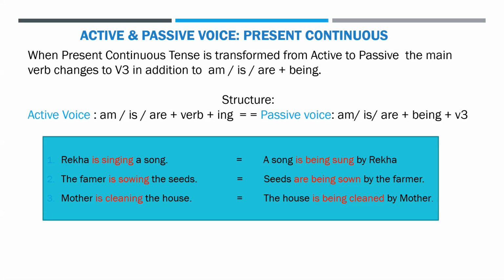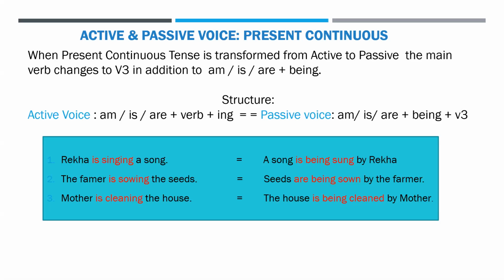So this is how you will transform it, when the verb is in the present continuous in the active voice. The next one is the farmer is sowing seeds. So here, which is your verb? Sow. Is sowing, present continuous. And which is the subject? The farmer. Object, the seeds, plural, right? So when you transform it to the passive, you will begin it with the object. Seeds, plural. So what should you use? Are. Seeds are. And what comes after are? Being, B-E-I-N-G, being sown. V3 of sow is sown by the farmer. That farmer will become the agent. It is understood who will sow the seeds. So sometimes you don't even have to write by the farmer. You can just write seeds are being sown.